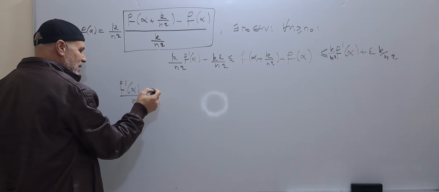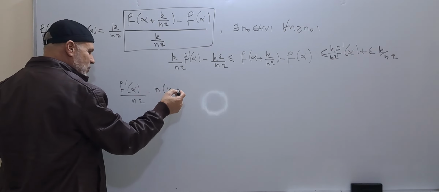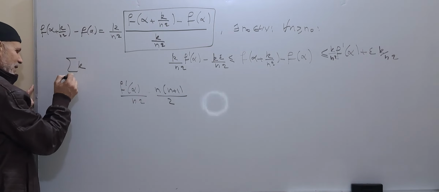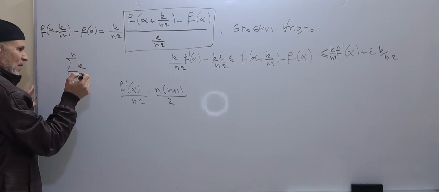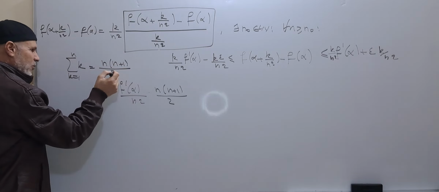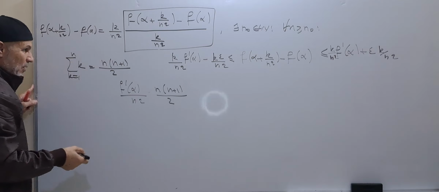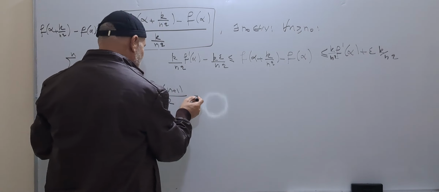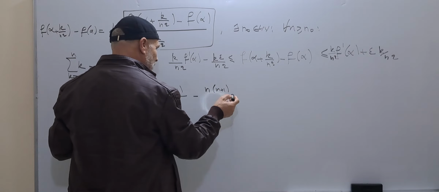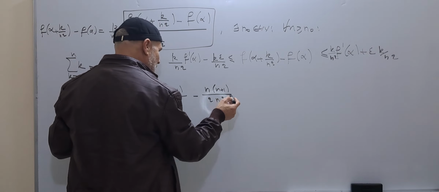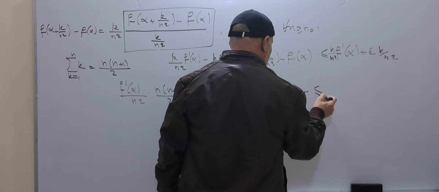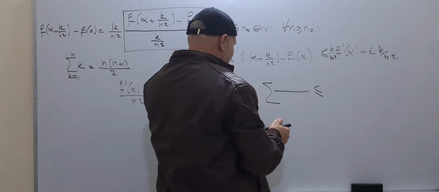This gives us n plus 1 over 2, because the sum from k equal 1 to n is equal to n times n plus 1 over 2. This is a well-known formula. Minus n plus 1 over 2n squared epsilon,